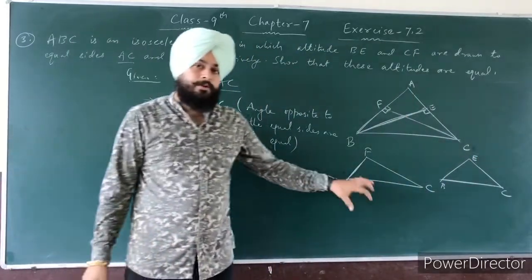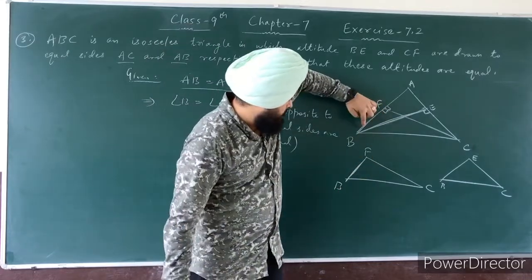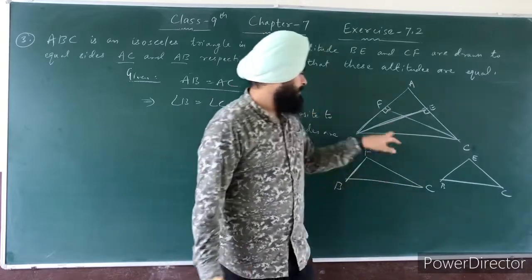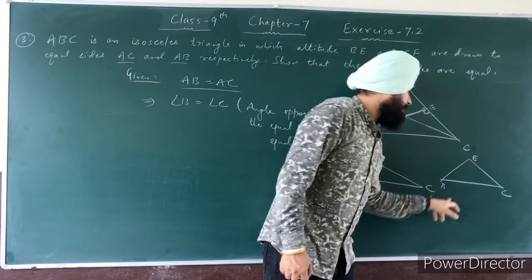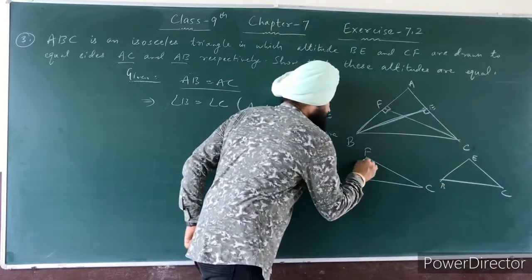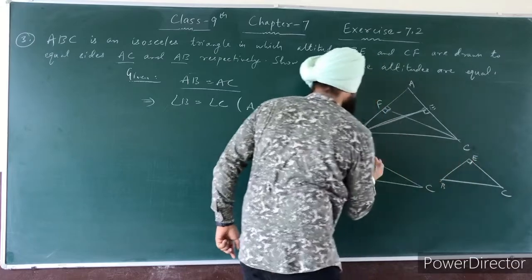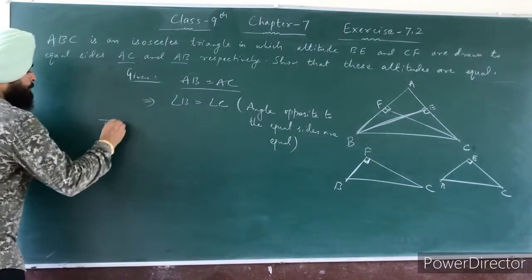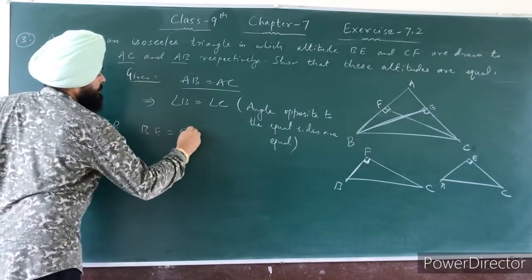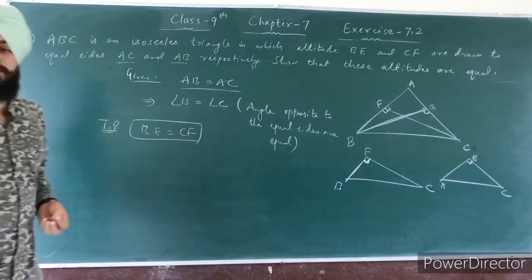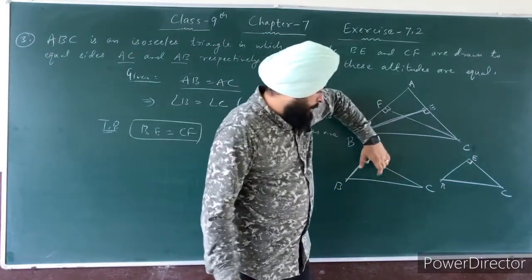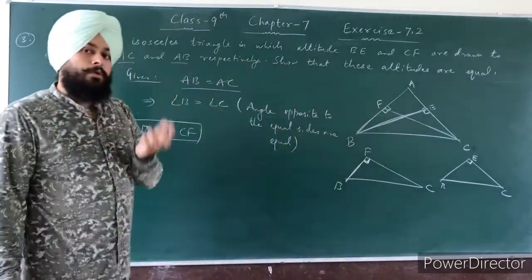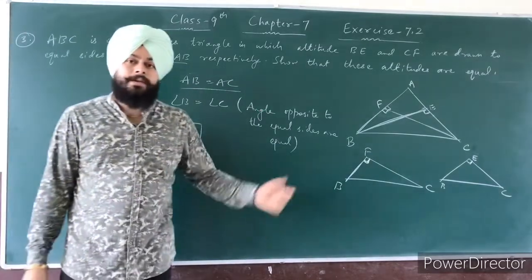Okay, I have drawn the two triangles separately so that both are clear. So you can see here this CF altitude comes in triangle BFC and this BE altitude comes in triangle BEC. Alright, this is 90 degrees. Now what do we have to prove? We have to prove BE equal to CF. To prove this, you have to prove these two triangles congruent. Once congruence is proved, then BE equals CF by CPCT.